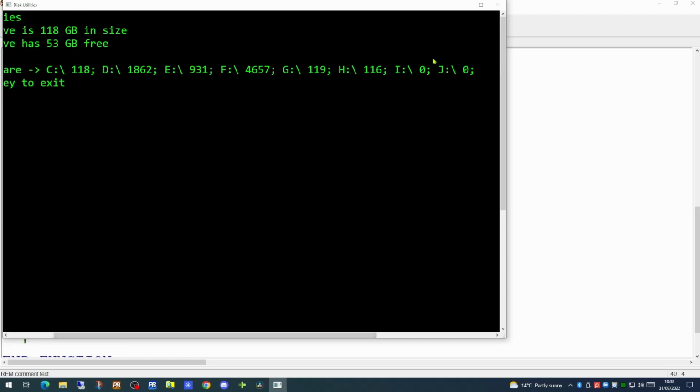It's reporting both an I and a J drive in the system with zero capacity. These are removable drives which I had in the system a few moments ago and have since removed. So this is a very easy way of determining what drives are available on any system.